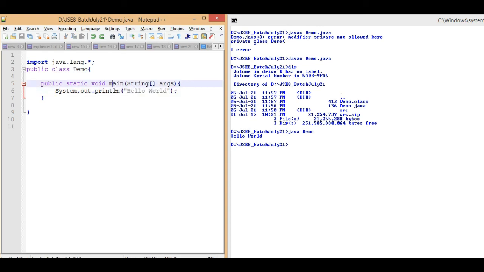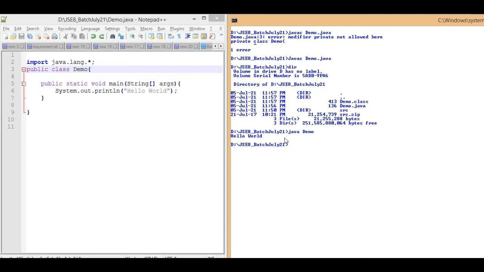So this should be accessible from outside. That's why it is called static, and all the static members are directly invoked by the class name. That's why we are giving the class name here with java.